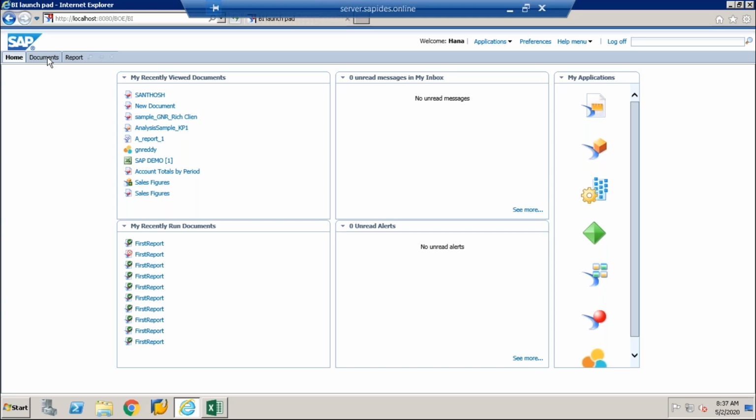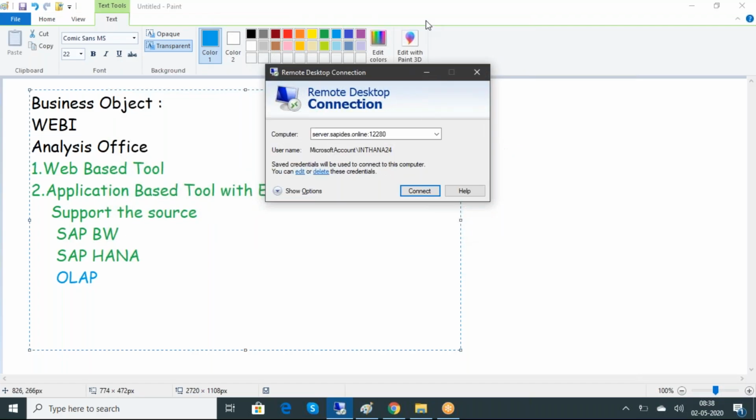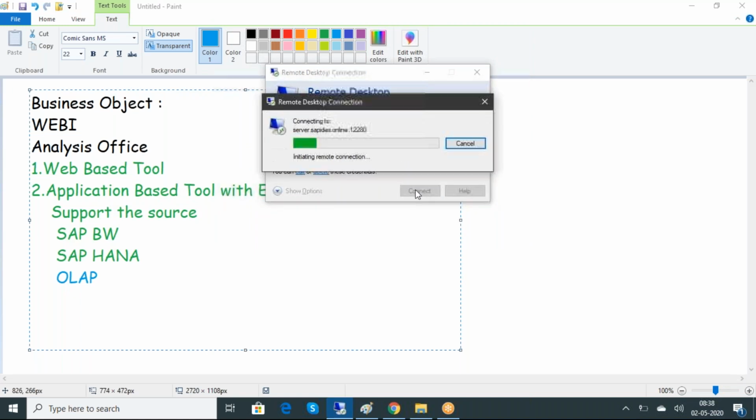Your screen is stuck, Raj. Now you can see my screen now. I'm reconnecting the system. Yes.